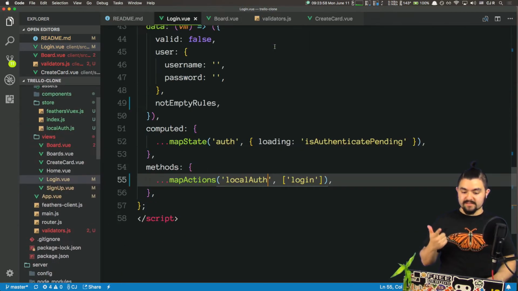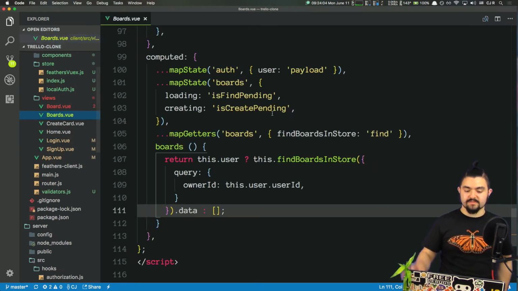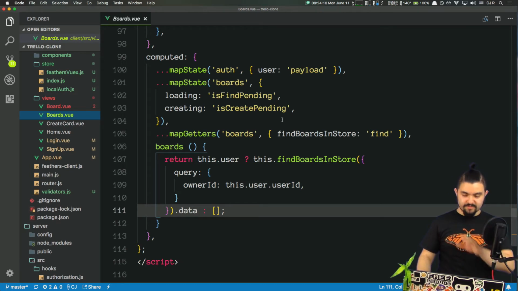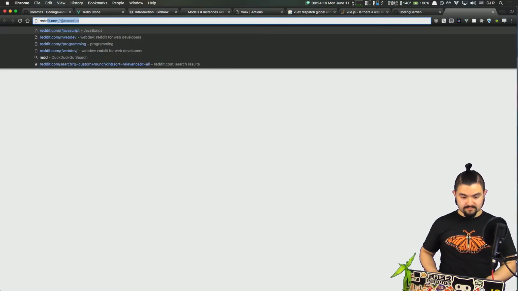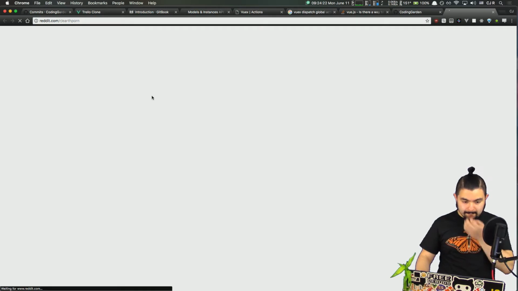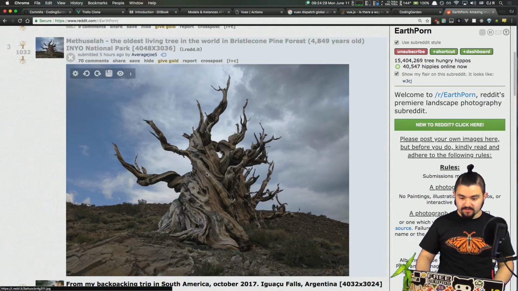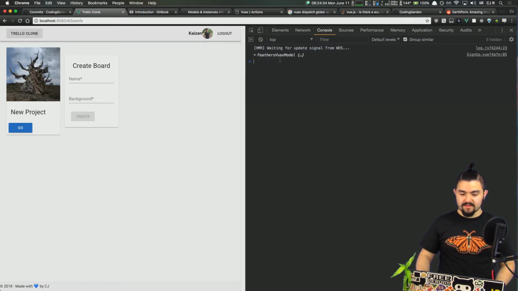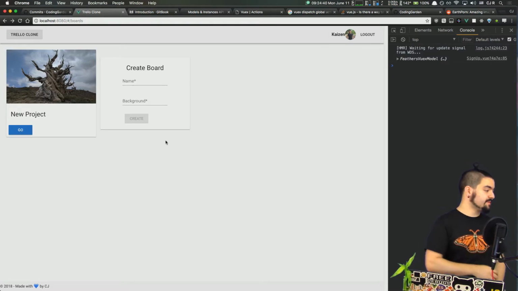So we did log in, we did sign up. Let's look at boards. So this is one of the first things you see when you first log in. You can create a board. We'll grab another background. Get this one. The oldest living tree in the world. It's almost 5,000 years old. Wow. Cool. And so this page here, this is the boards page. Let's see if we can refactor it